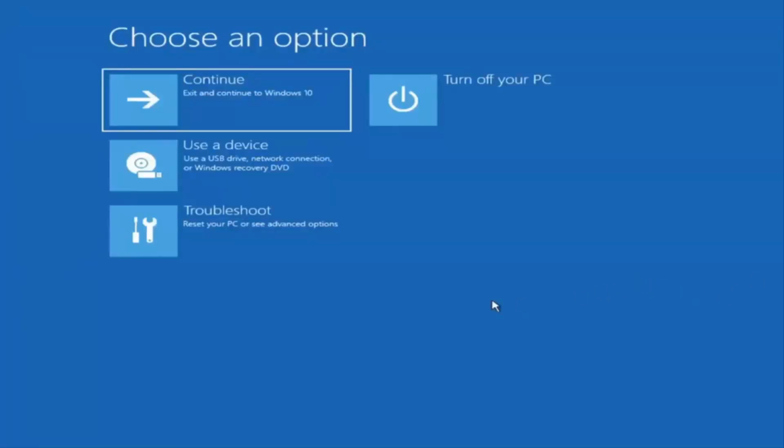If you do a hard power off 3 times in a row, Windows should automatically attempt to launch the startup repair utility. And if it doesn't find anything, it will give you the option to select advanced settings, which will take you to a screen that looks like this. Now, if it does not take you to a screen like this,